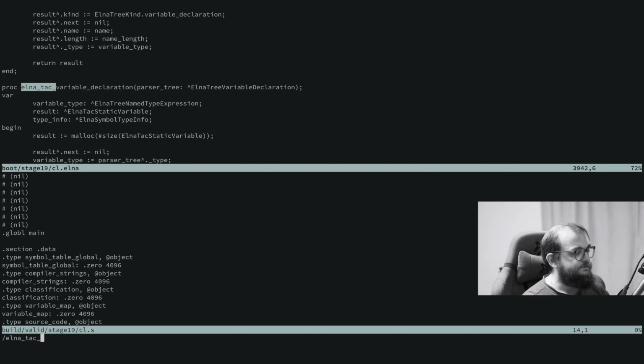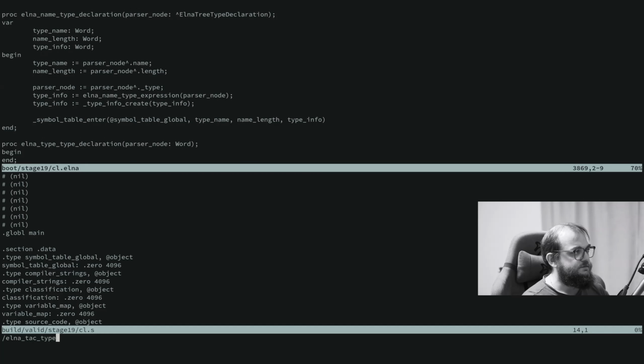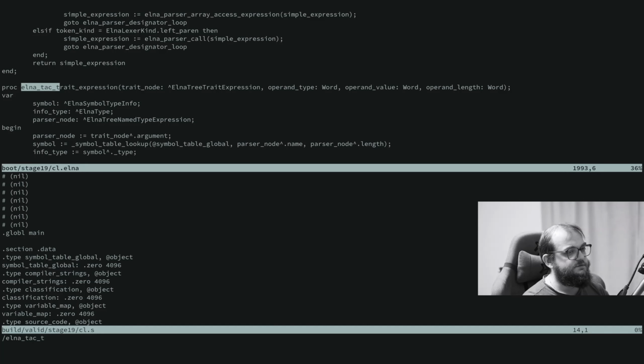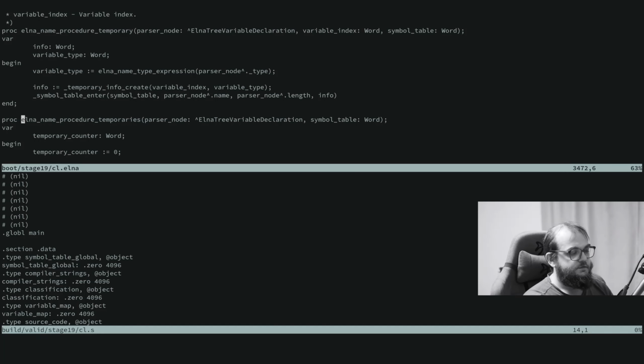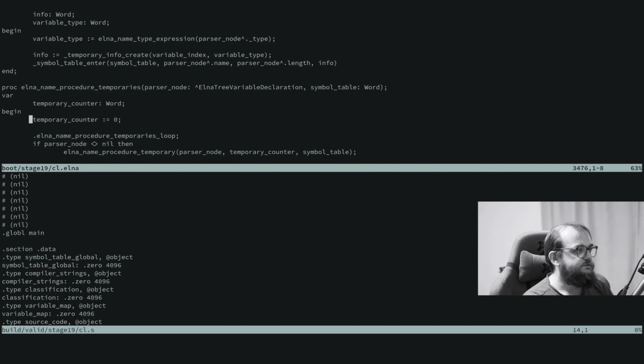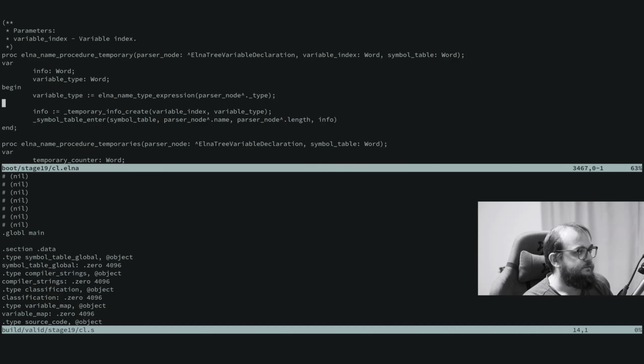Do I have something like LNTC type expression? Probably not. So here I have a procedure that inserts a local variable into the symbol table, into the local symbol table of the procedure, and this is